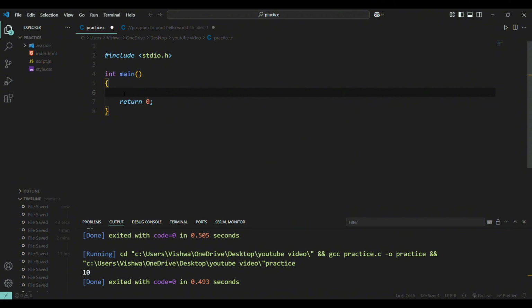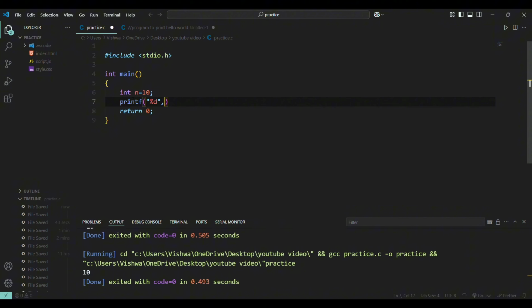Our increment operator, for which we need to declare one variable int n which is equal to 10. There are two types of increment. First one is pre-increment, which is plus plus n. In this pre-increment, the value of n will be updated first, and the step will be executed. Next we have post increment. In this, the present step will be executed, and in the next step, the value of n will get updated. Now let us try to print them both using printf